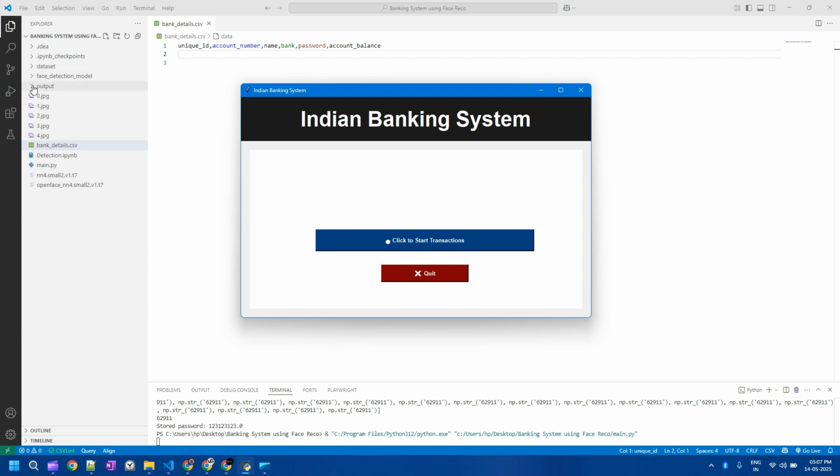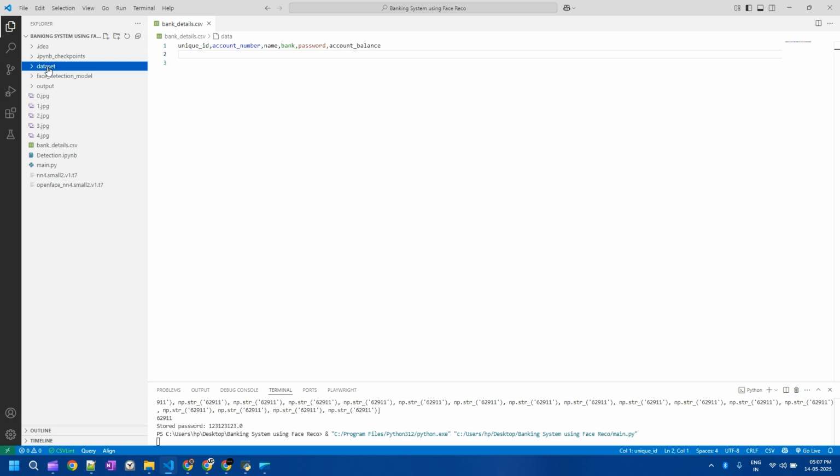The files are related to this project. This is the dataset files where we have the data, where we have trained the models. This is the detection models. We have made this using this file. This is the Python files, and this is the